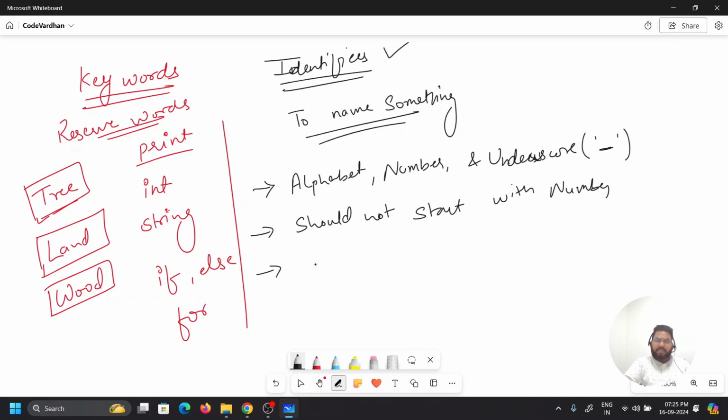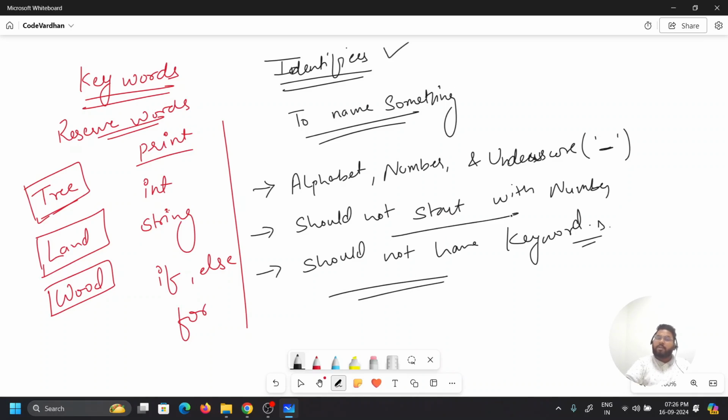And the third thing, it should not be a keyword. You cannot use keywords, you cannot start with numbers, and it only consists of alphabets, numbers, and underscore. These are the three things which you can use.